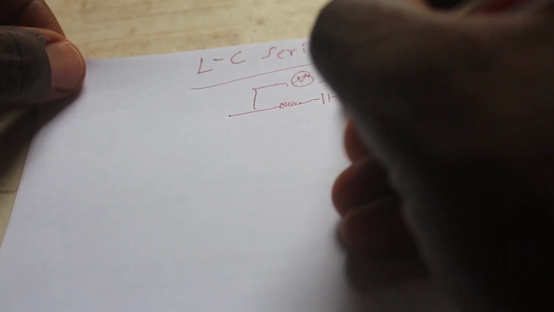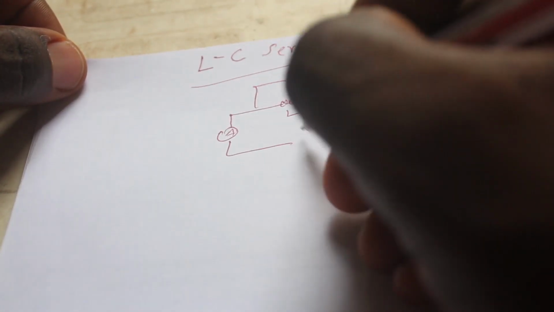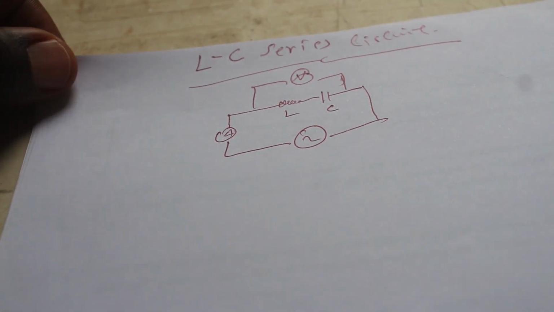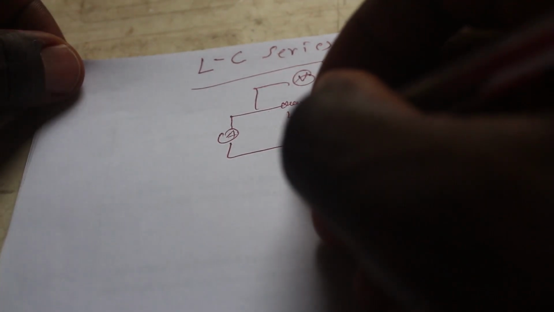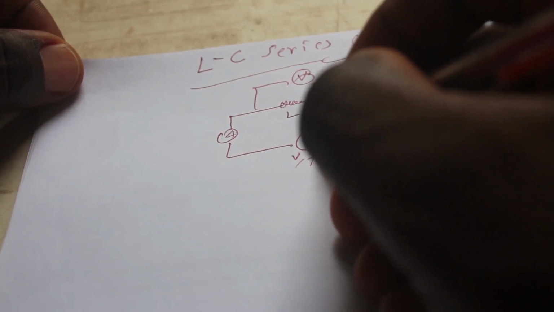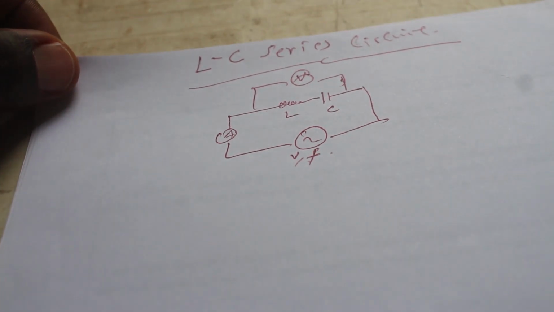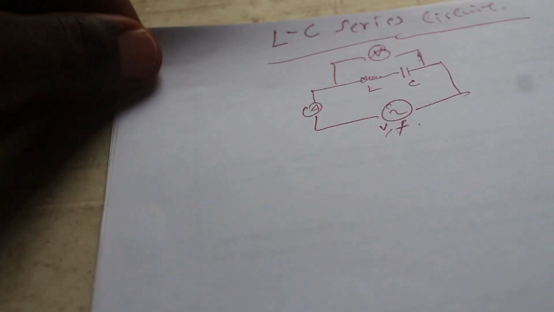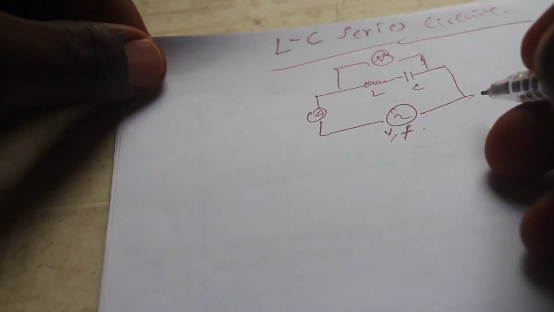So now consider the AC circuit below. Here we have, of course, a potential difference and also a frequency of the source. So here we have both an inductor and a capacitor. So now I want you to remember that,